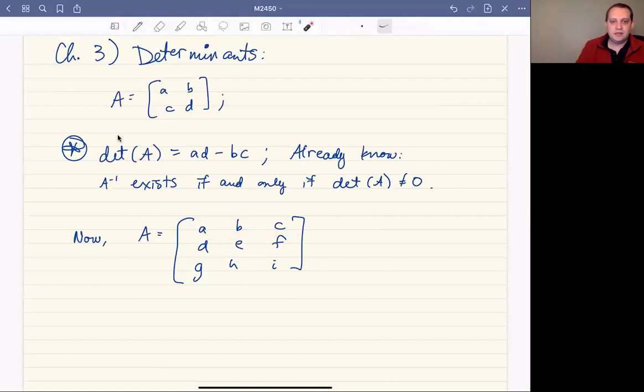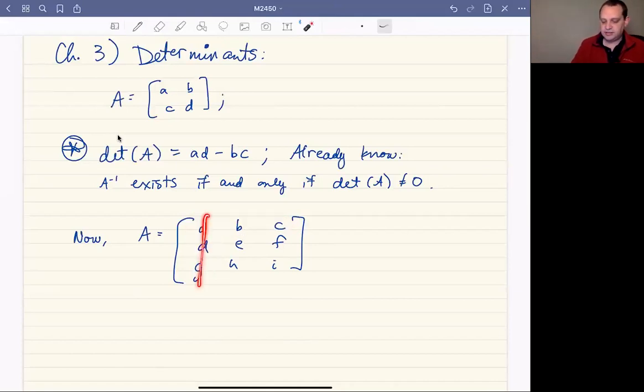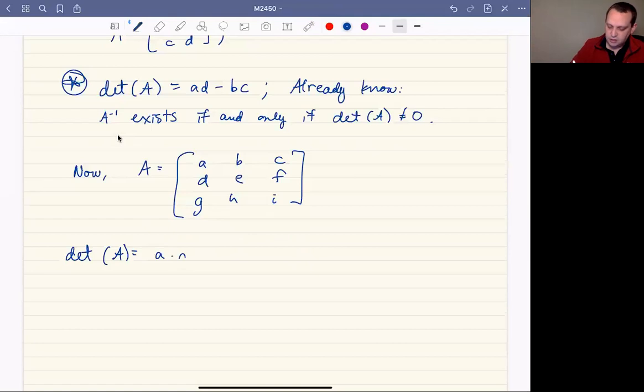And so we have A, B, C. And what I'm going to do is take the A term, and then since I'm looking at the term in the first row, first column, I'm going to scratch out the other values in that row and column. So I'm going to scratch out those terms. And then we're going to get the term A times the determinant of what's called the 2 by 2 submatrix. So again, that's the 2 by 2 matrix that we get by deleting the first row, first column of A. So the determinant of A is going to be little a times the determinant of the 2 by 2 matrix E, F, H,